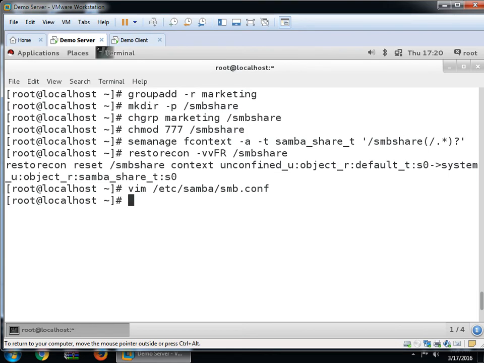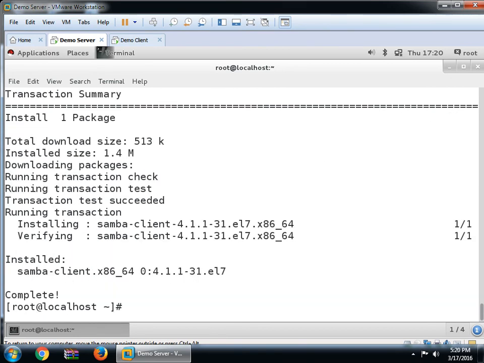Okay, now yum -y install samba-client. Just install samba-client. We require this package for the purpose of data communication. Now just create one user account with /sbin/nologin, with auxiliary group, capital G, marketing.